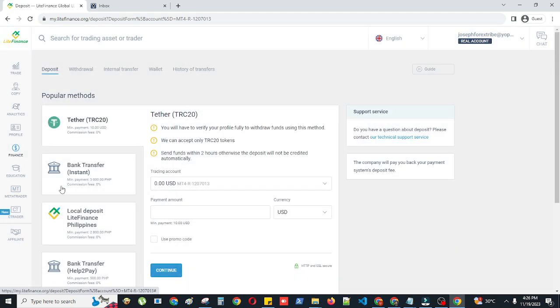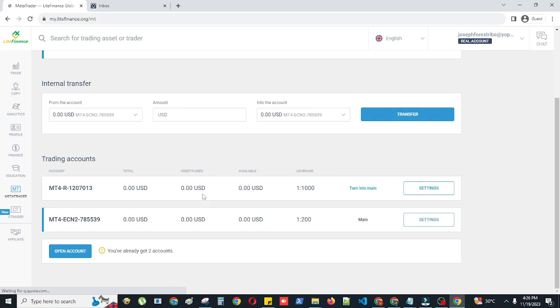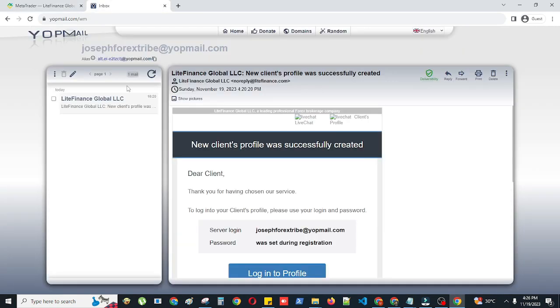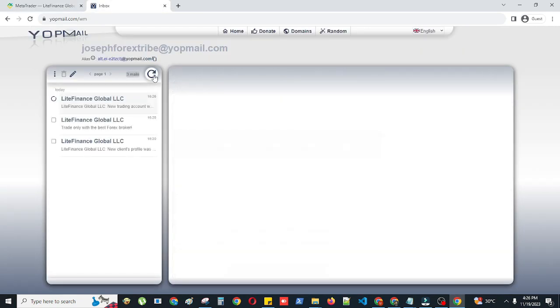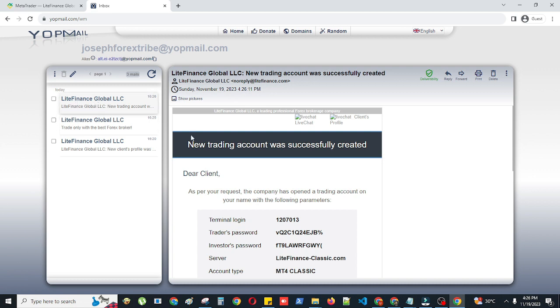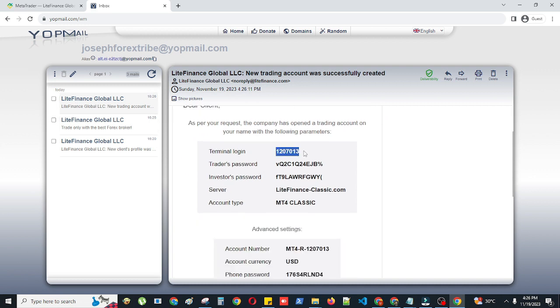Okay. So back again sa MetaTrader. Then yung password nito is nasa email lang. Ito yung terminal login. Ito yung trader password. Then ito yung server. So dito